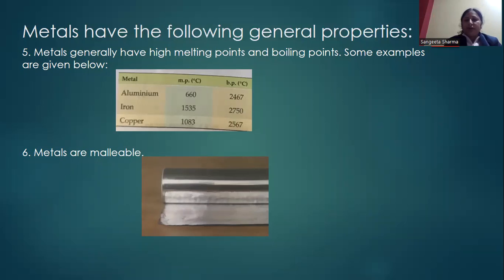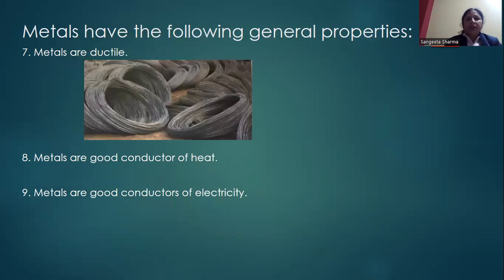And the next point is metals are ductile, meaning they are very flexible. Ductility means flexibility. They are very flexible and can be drawn into wires. For example, iron, aluminium, copper, silver, and gold can be easily drawn into wires because they have the tendency to be flexible, and we use them in our daily life for electricity and in kitchen appliances, TV, fridge, and others also.